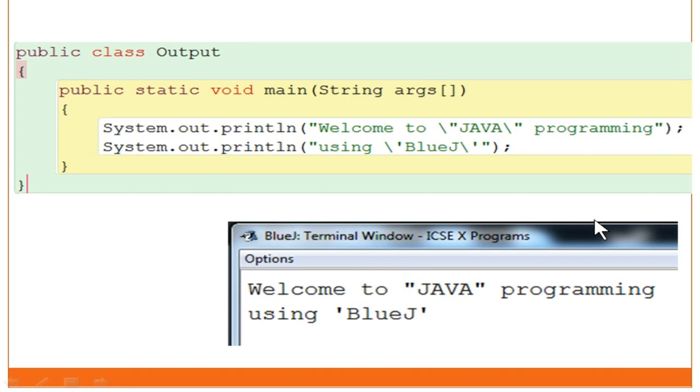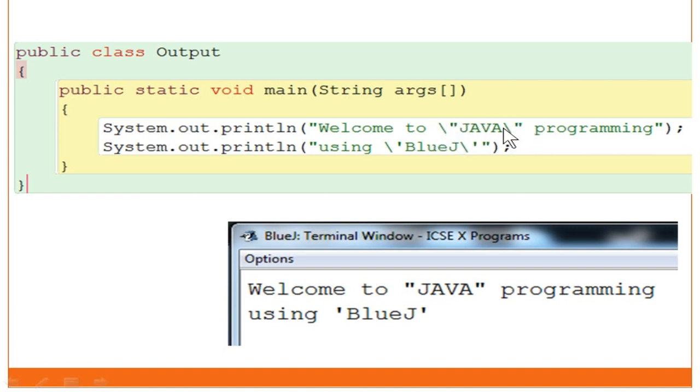Okay, now we are going to see two more escape sequences, how to print double quotes and how to print single quotes. You cannot print double quotes in a terminal window unless you use a slash escape sequence, slash double quotes like this. You can see Java has been enclosed within double quotes.